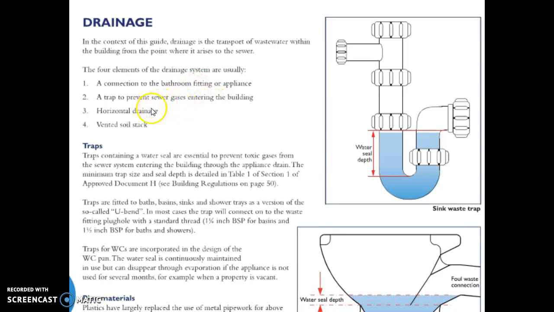with this topic. So we normally have drainage associated with sanitary ware such as basins, sinks, baths, showers, etc. There's a connection. Typically at that connection we have what we call a trap, which is essentially a U-bend. Then we have a horizontal branch which then connects from that trap and runs at a slight gradient to allow the effluent or the wastewater to flow away from the appliance. And then that connects into a vertical stack